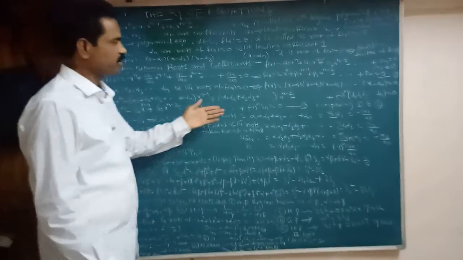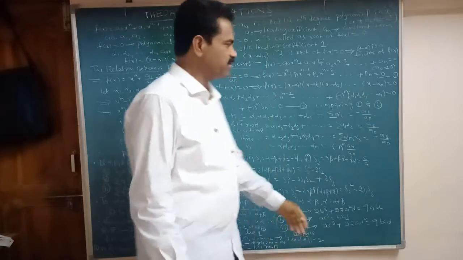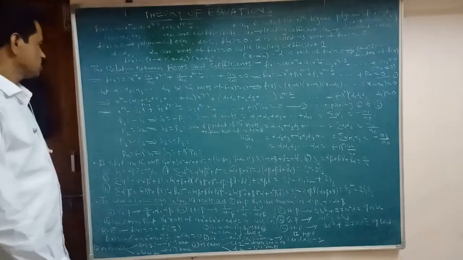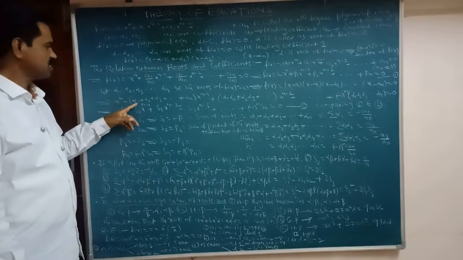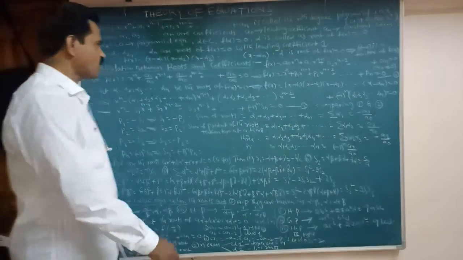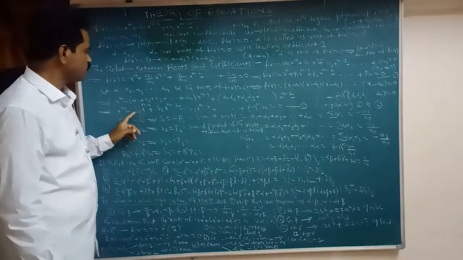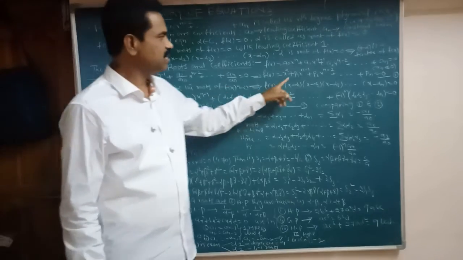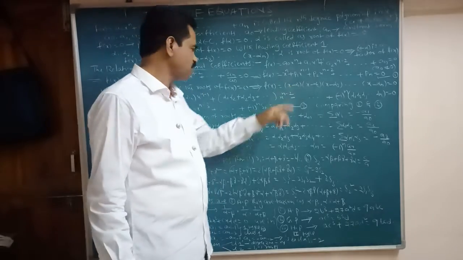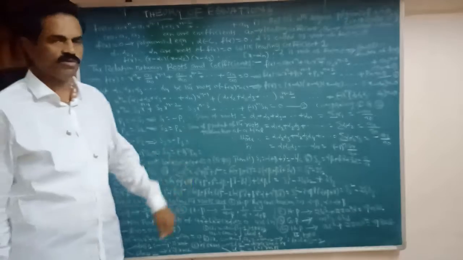Here Sn is what? Alpha 1 alpha 2 alpha 3 and so on up to alpha n equal to 0. So the sum of the roots is S1, this is S2, this is S3, and so on up to Sn. Now comparing equations 1 and 2. What is the coefficient of x power n minus 1 here? Minus S1. Here the coefficient of x power n minus 1 is P1. So P1 equal to what? Minus S1. Then S1 equal to minus P1.